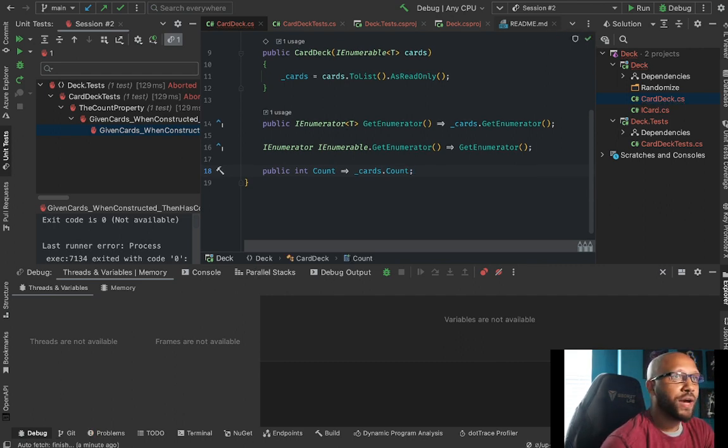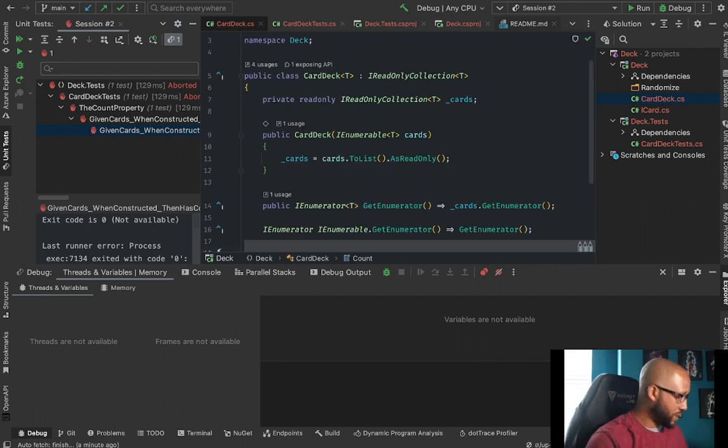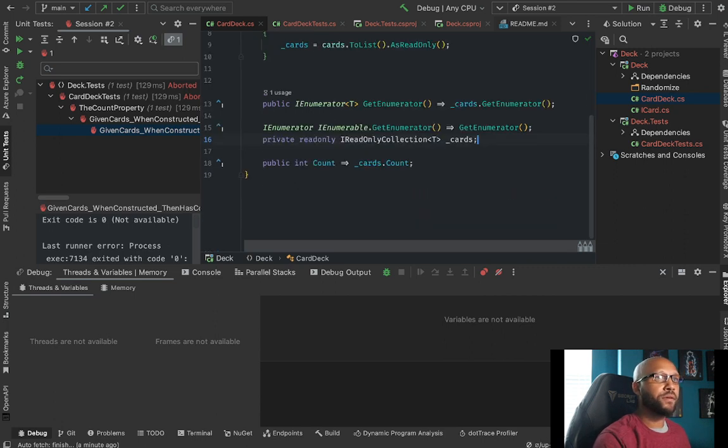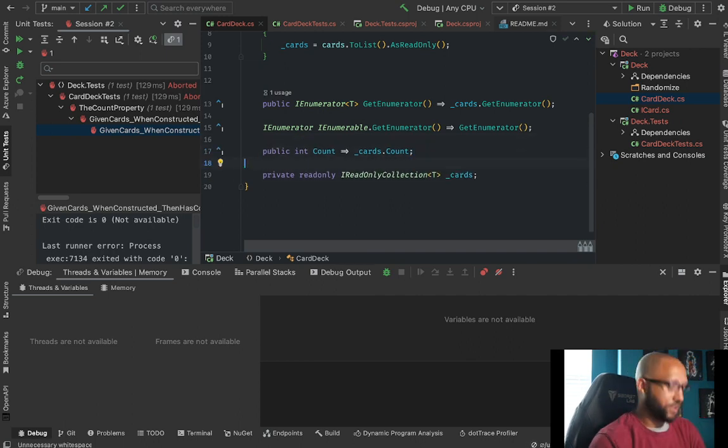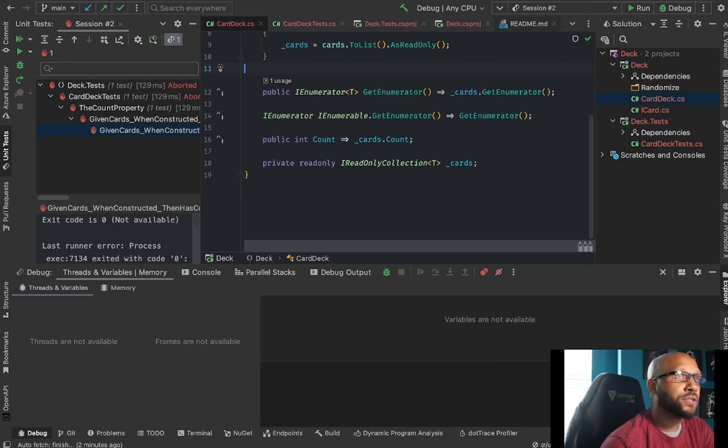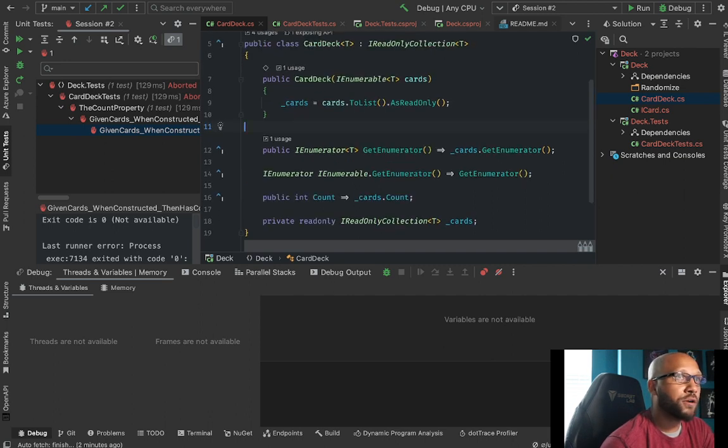Let me move this to the bottom, all the way to the bottom, privates at the bottom. It's my new jam, just don't tell anybody. So now when the cards come in, the enumerator will return the cards and the count will return the count. So now when we run this,